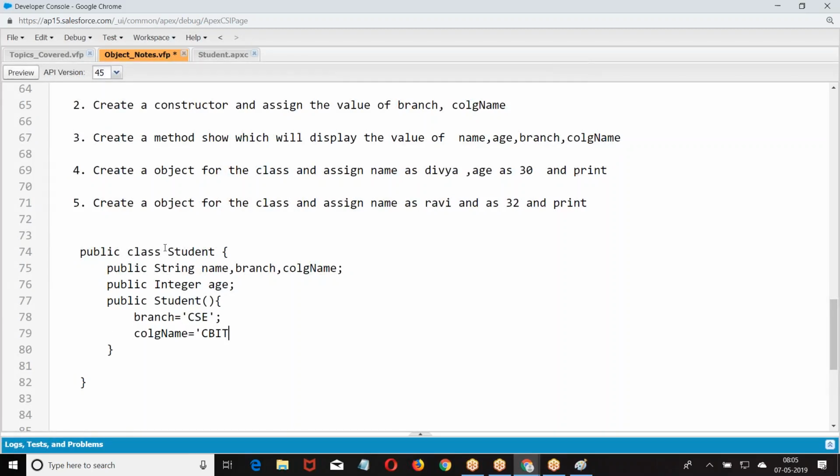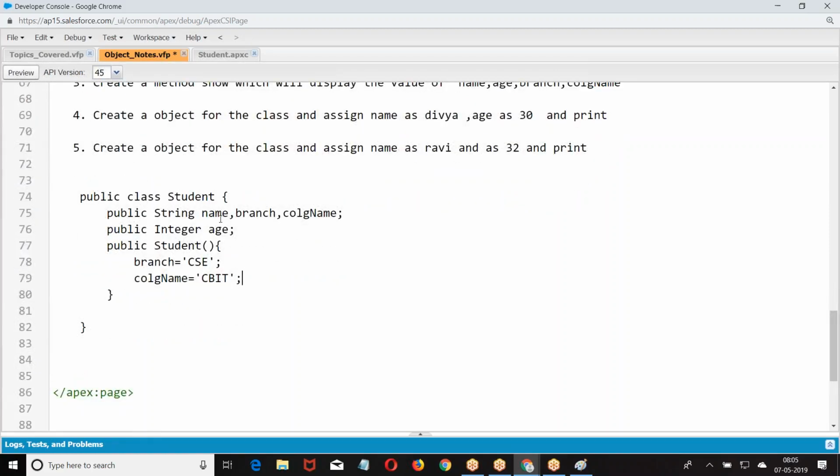Now name and age are not the same, because for every object name and age are not same. If I give it in the constructor, for every object the same data will come.